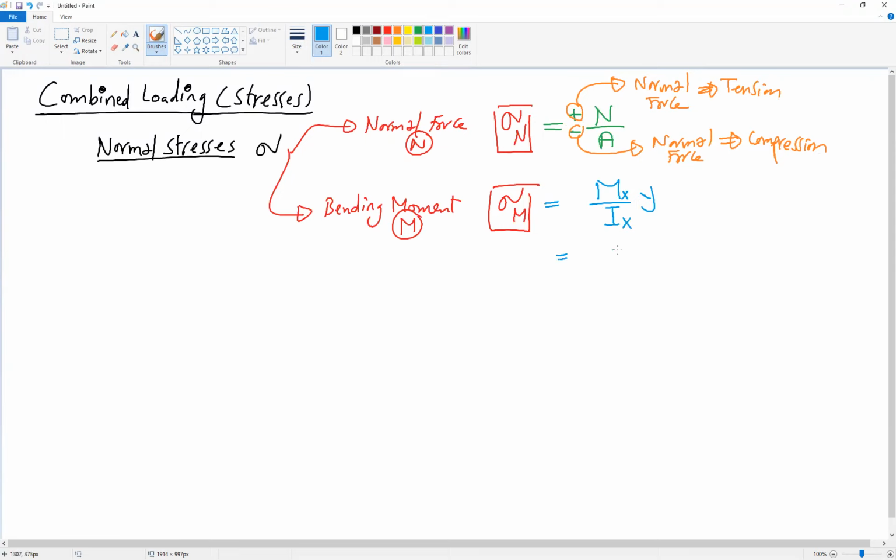And if the moment is about the y-axis, we have My divided by Iy multiplied by x. Okay, where Ix is the inertia about x, Iy is the inertia about y,